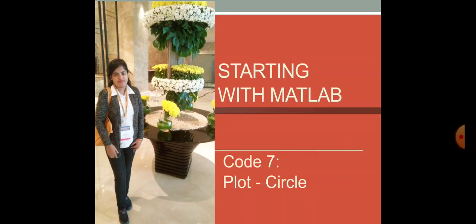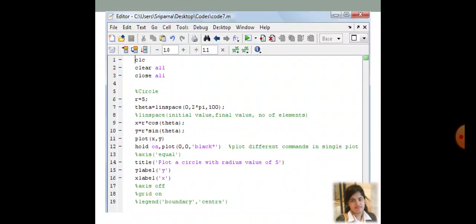We are already in code 7, and on this particular day we are going to discuss how to generate different plots in MATLAB. Today we are going to plot a circle using different functions. So the code is going to look something like this. I am not going to use some simple function to implement the circle plot.